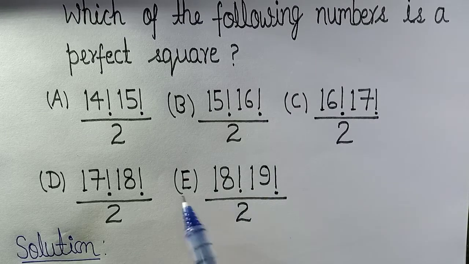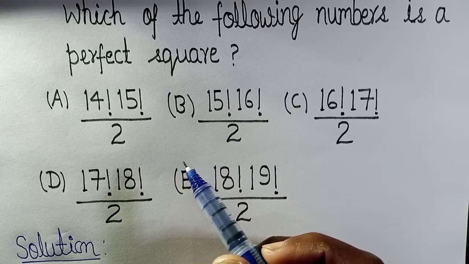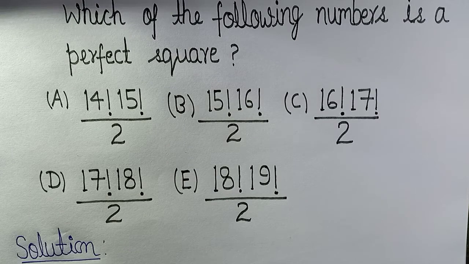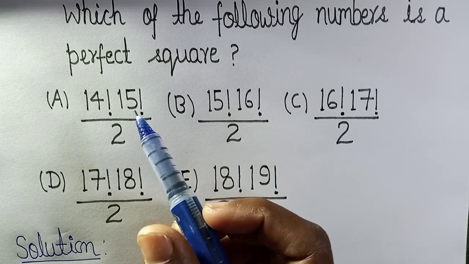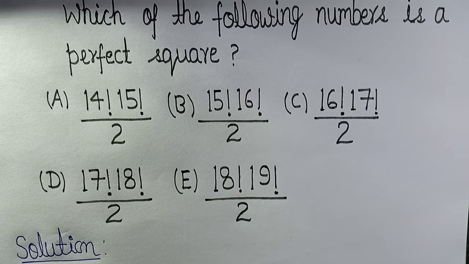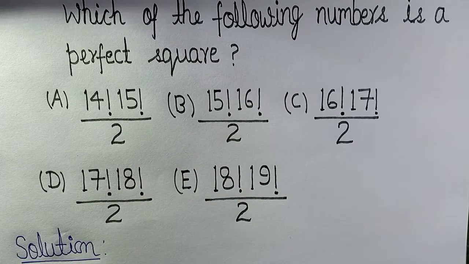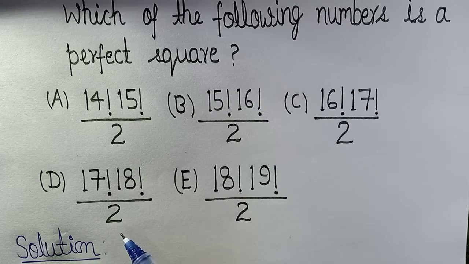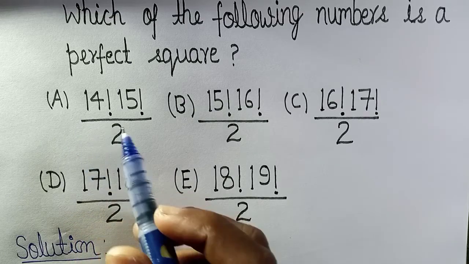So these are all 5 options which are given to us, and we have to find which of the following is a perfect square. So we can write option A as